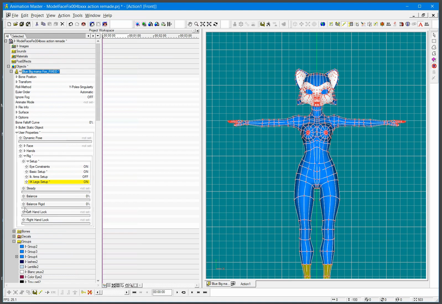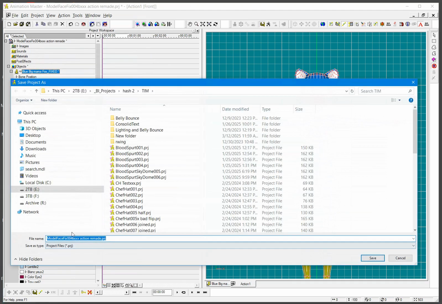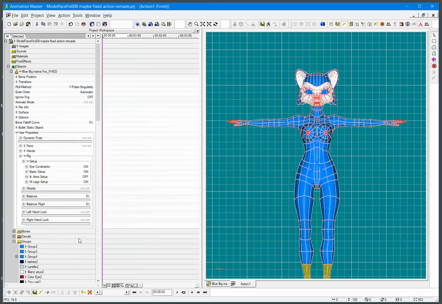This may change some animation you've done. Yeah, I'm thinking about setting these back. And that was set to 30 and this one was set to 100. But I really hate that stuff, so I'm just going to leave those off. And I'll do another big save here. Maybe fixed. Okay, let's go back to our action,